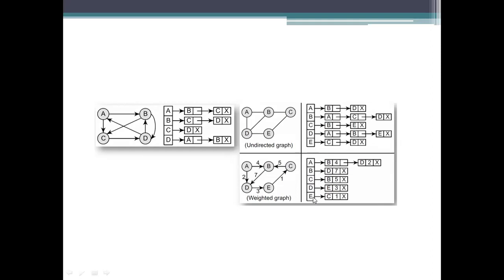And E has only one edge, to C, and uses the value 1. So the weighted graph also we need to represent in the list, where we represent the weight after the name of this node, before getting into the next link pointer. Okay, so that is one example we are having.